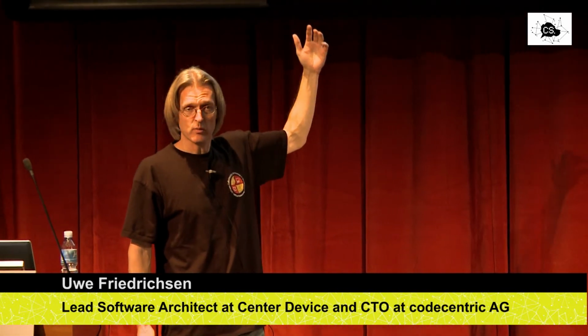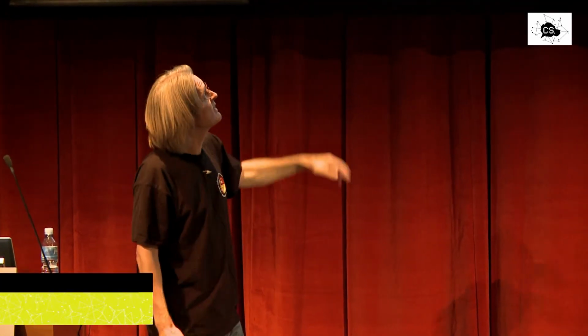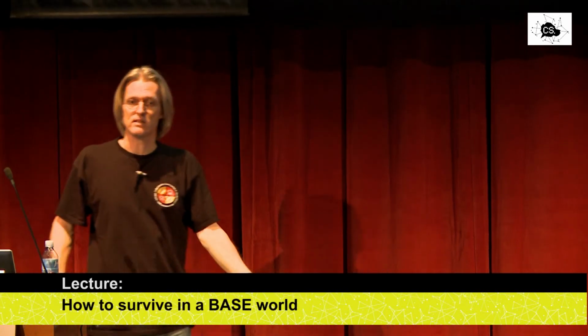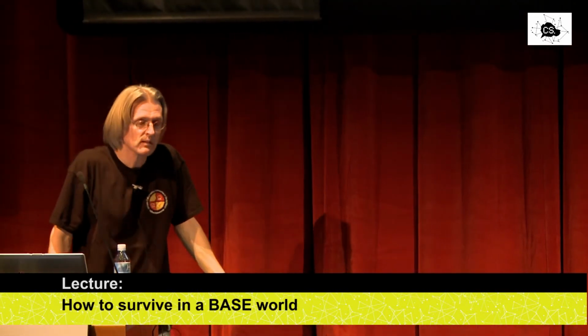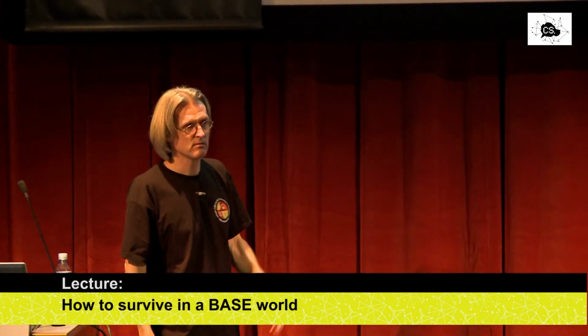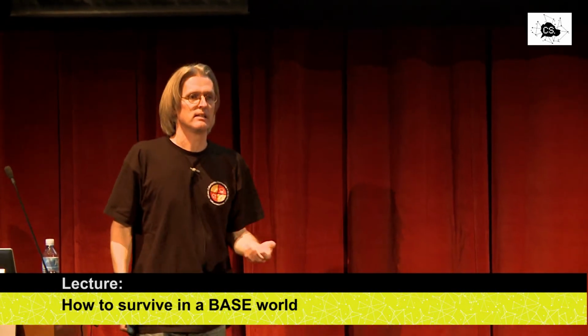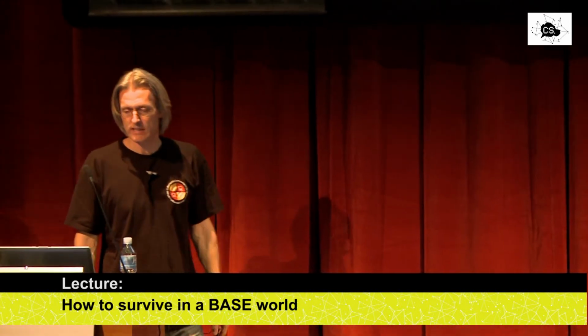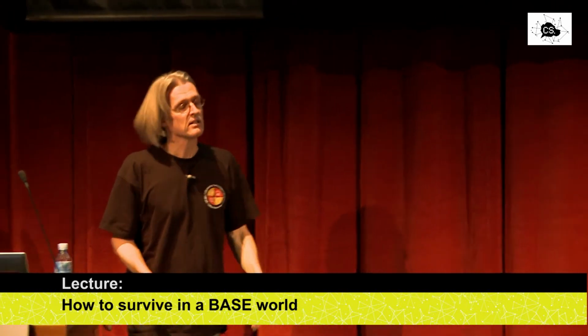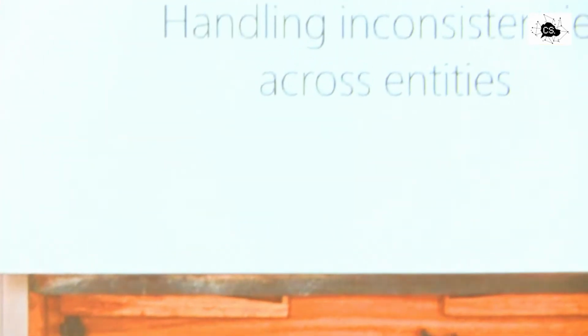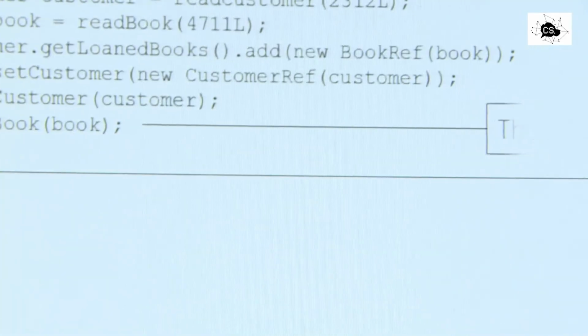Which is great on the one hand: easy access, huge speed ups, and all reliable. The problem is that you run into inconsistencies again, now across entities, which is bad. So it starts from the beginning. I won't go through that in detail anymore. Just say, then you have to think about some strategies